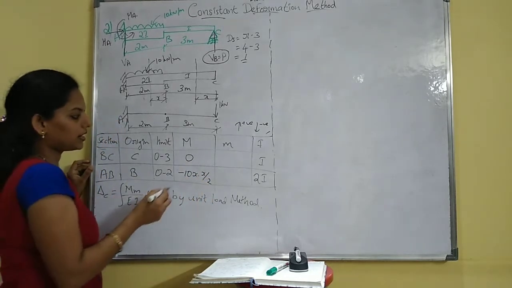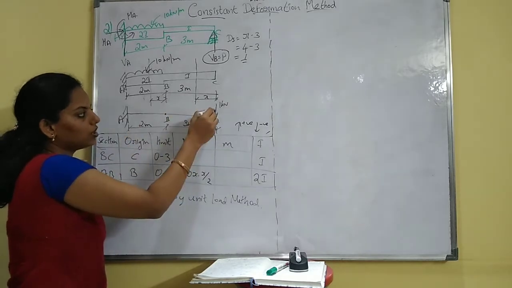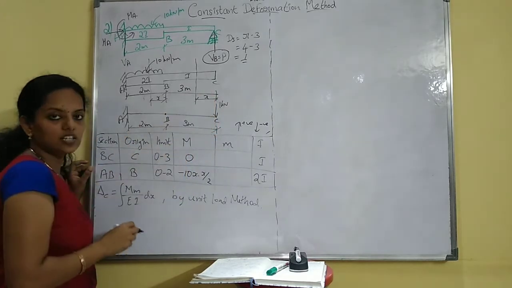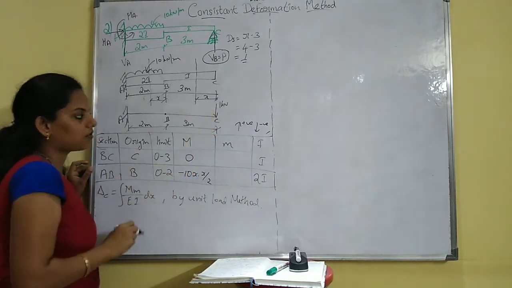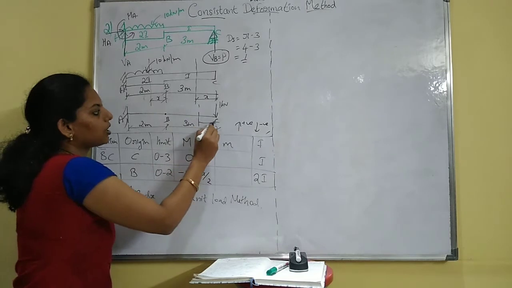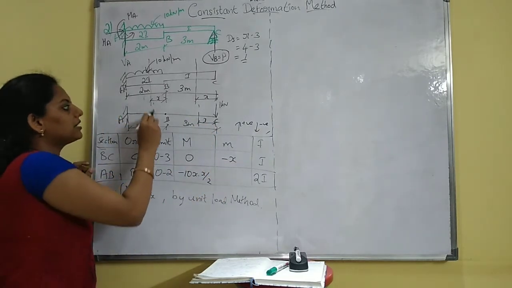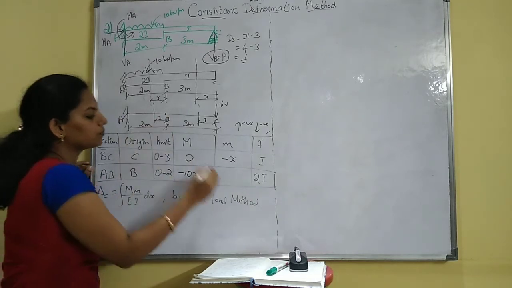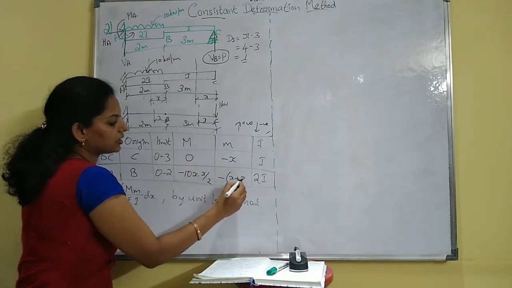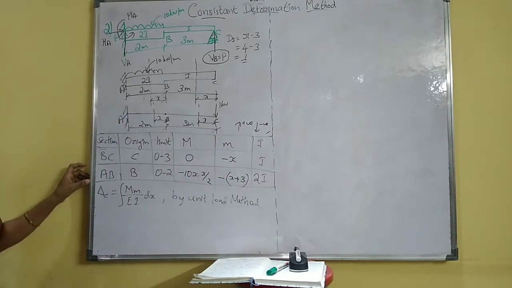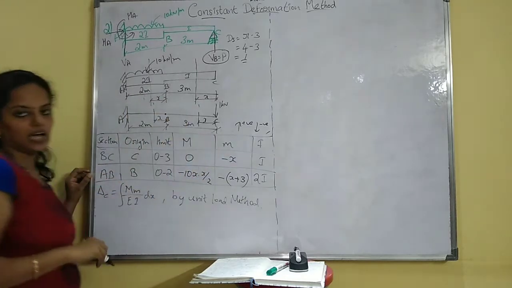Okay, downward, so minus. Then for small m, remove all the load and apply a point load at the displacement where it is calculated. So at this point apply 1 kilonewton. At this point it will be minus 1 into x, so minus x. And here it will be minus 1 into distance, that is x plus the distance, which is 3. Here the variation for AB is 2I and for BC it is I.